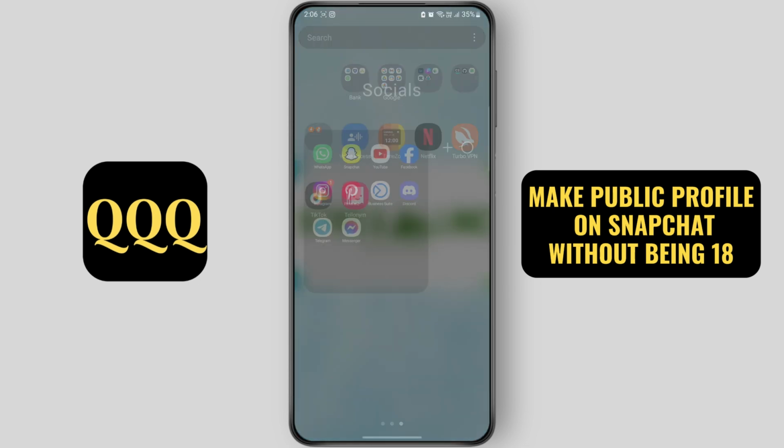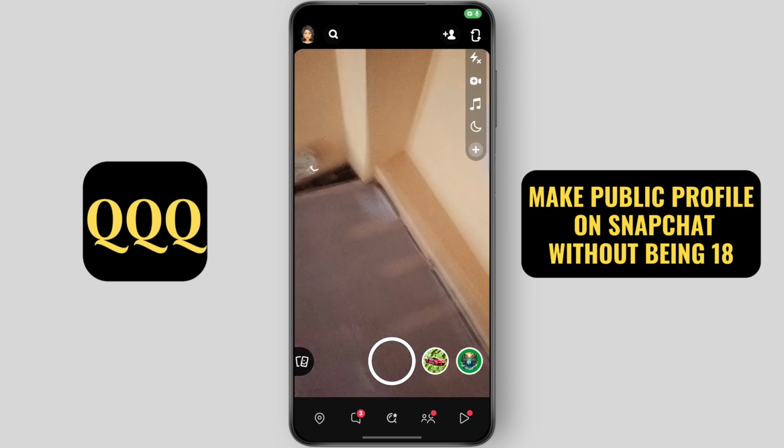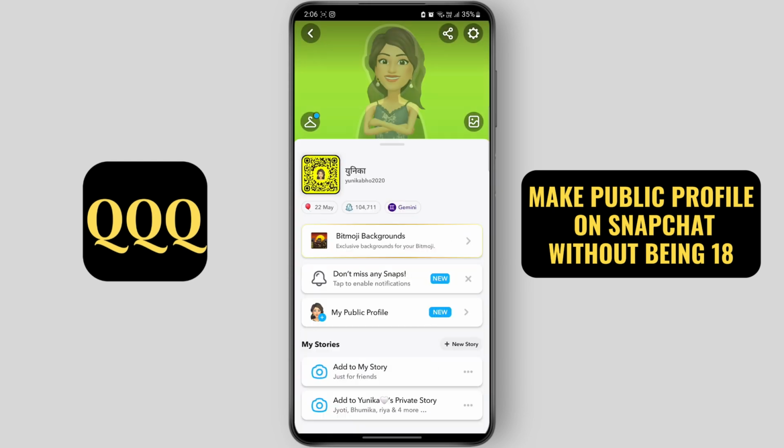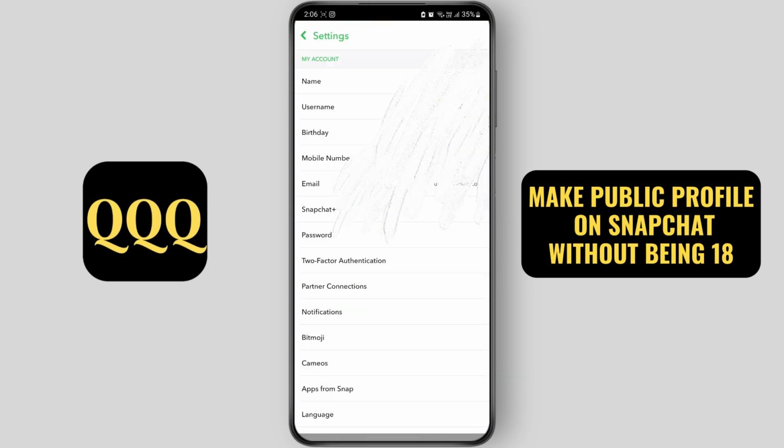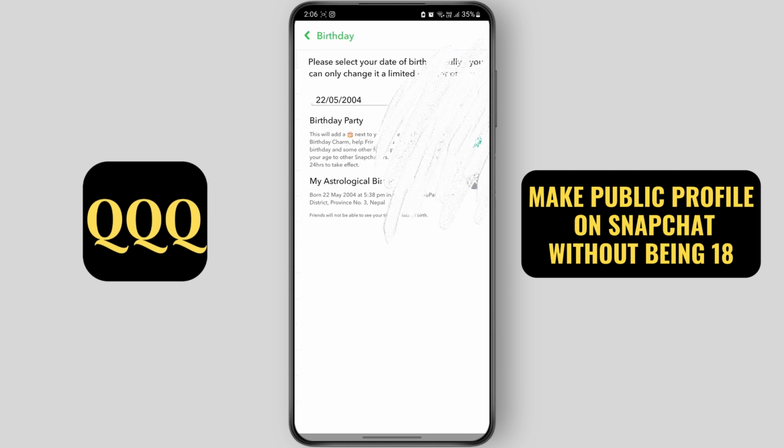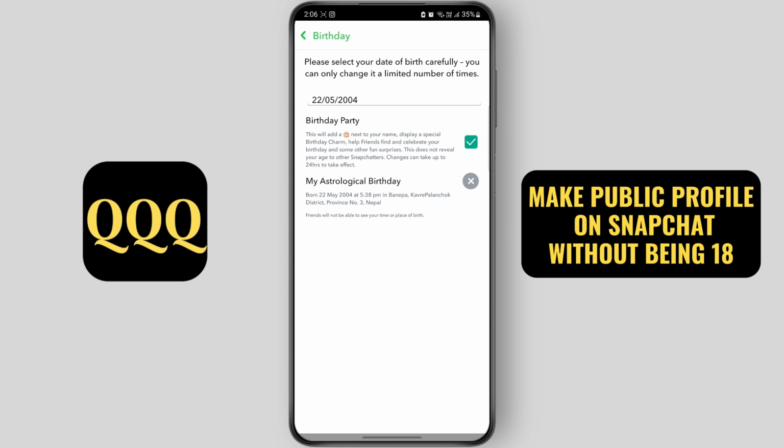First, open your Snapchat app, tap on your profile icon, tap on settings. Here on the third option, tap on birthday. Here you can change your birthday and make it above 18. You can only change it a limited number of times, so be careful. Once you change it to above 18, go back